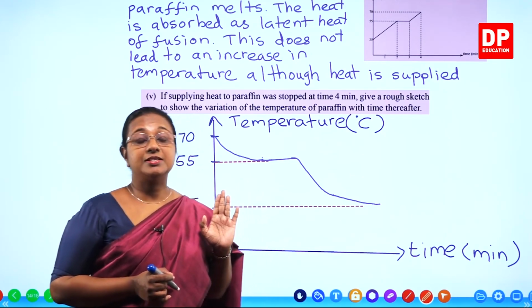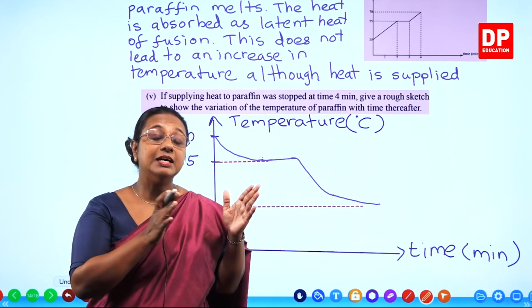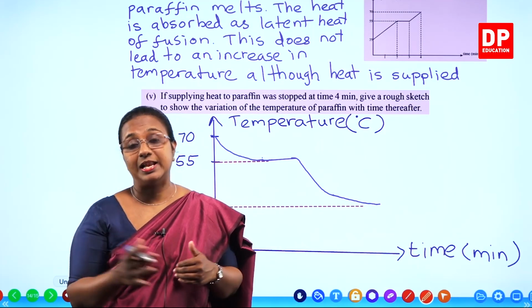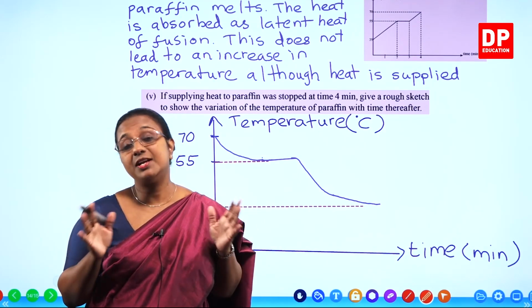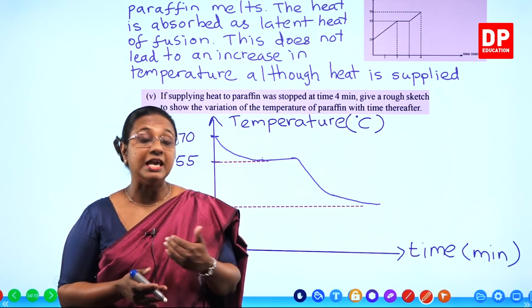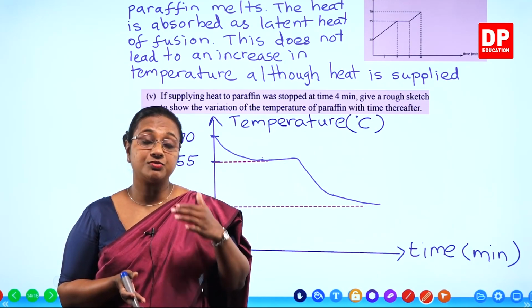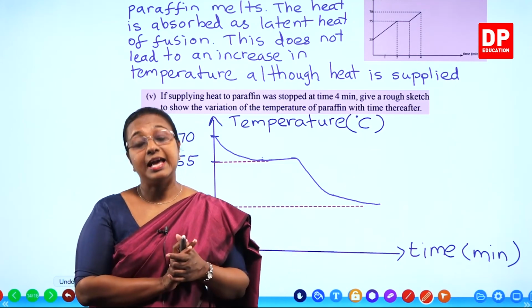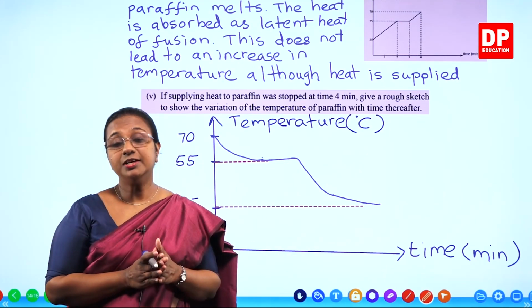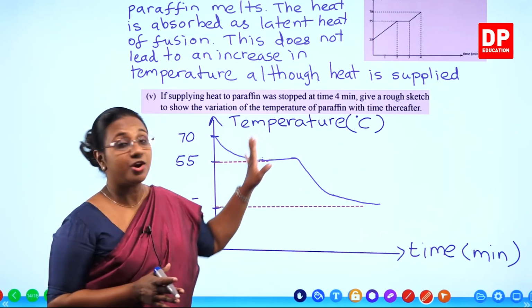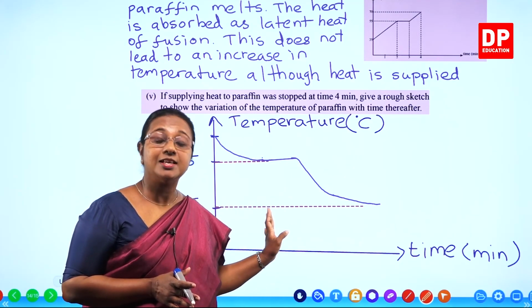So that is because of the difference in the amount of heat in the wax as well as the heat of the environment. You all know when there is a difference in temperature only, there will be heat transfer or heat loss from one object into the environment. So that is how we are supposed to draw the graph. So I am sure students you all can understand why we have this difference.